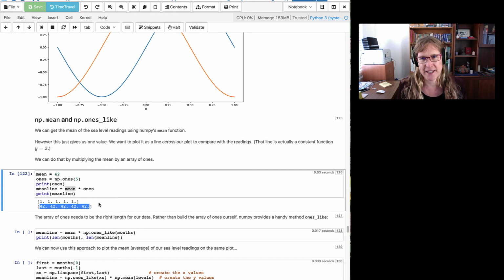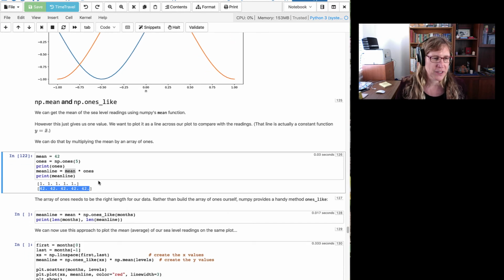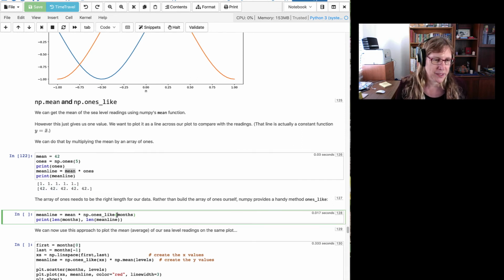So that's a handy thing that we're going to use quite often. So that's just a little example, but we're going to use an array that's the same size as our data, and so we can just pick out something we want it to be the same size as. So for example, if we want it to be the same size as the months,